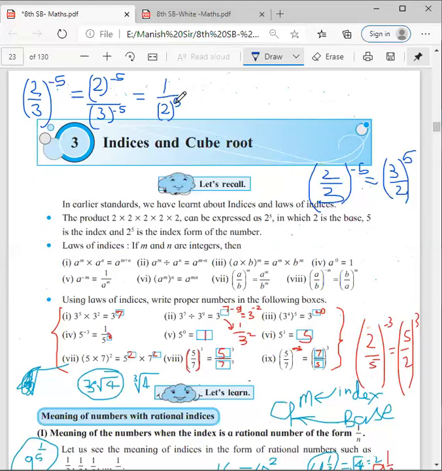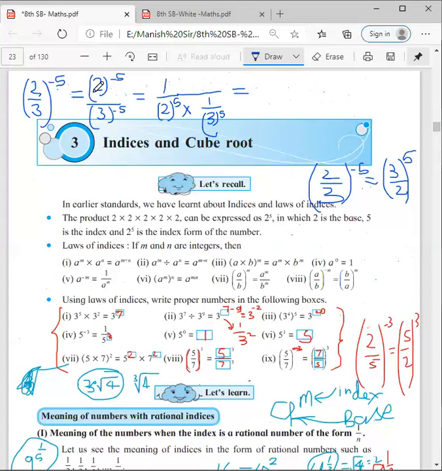Next to that, just try to understand, this is in a multiplication. Or you can understand it in this way also. See this. This 2 raised to minus 5 we write in the denominator, that becomes 1 upon 2 raised to plus 5. If we go for 3 raised to minus 5, this can be written as 1 upon 3 raised to plus 5, in this way. If I'm correct, check. Is it correct? Yes or no?